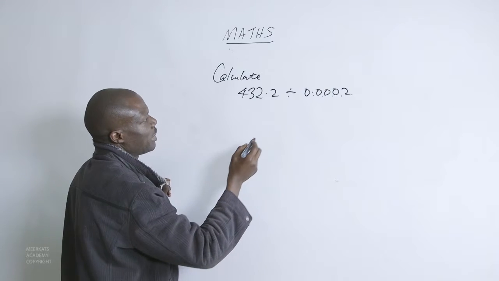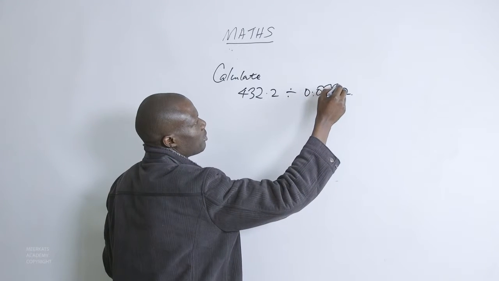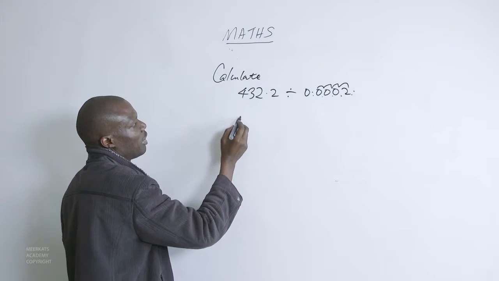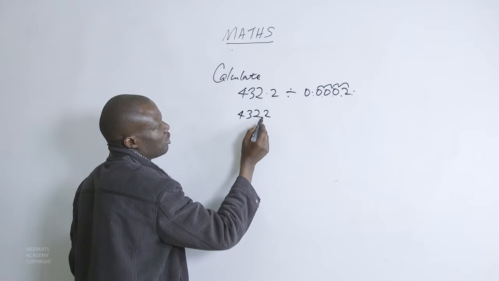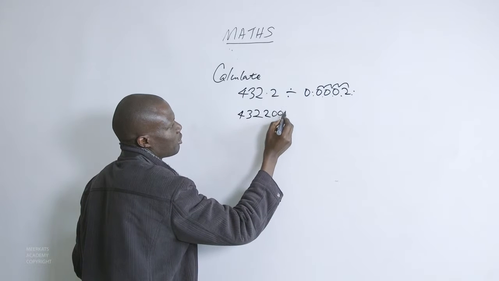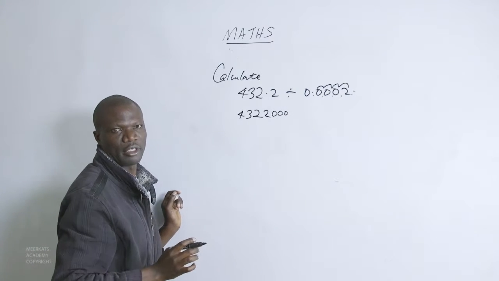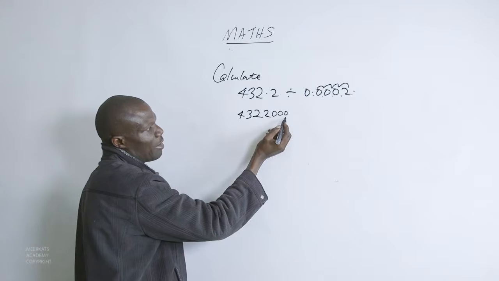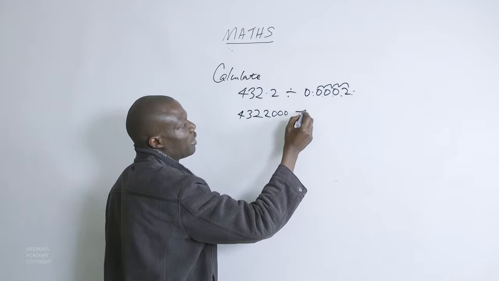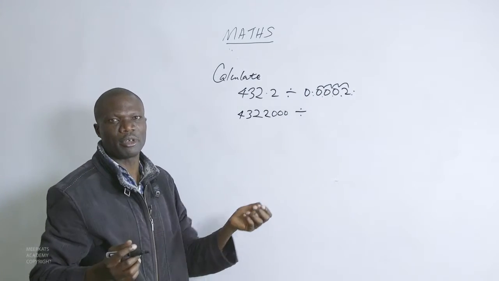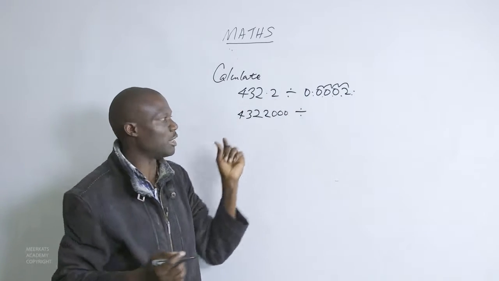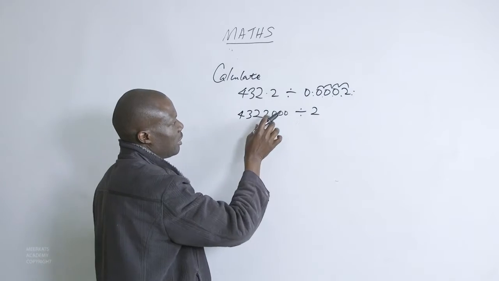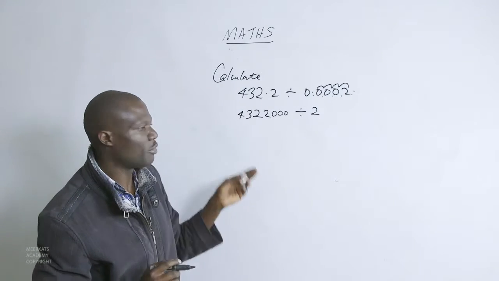If we move 4 steps here, then this one will be 4, 3, 2. The first step gives us 2, and then the last 3 steps will bring in the zeros. So these zeros are coming as a result of bringing what happened on the divisor to happen also on the dividend. So we have this number as